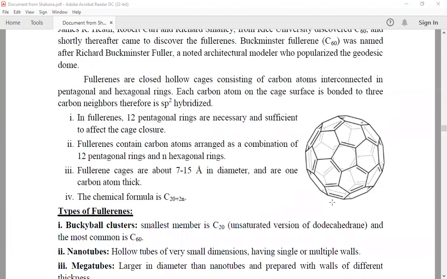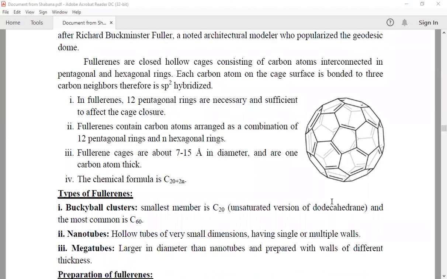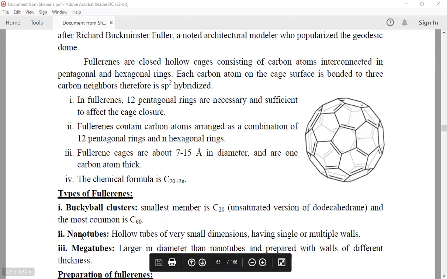Coming to the types of fullerene. Due to structural variations, fullerene exists in different types. There are many different types, but mainly we will study only 3 types. The first is the buckyball cluster, then nanotubes, and megatubes. Coming to the first type, which is known as the buckyball cluster,